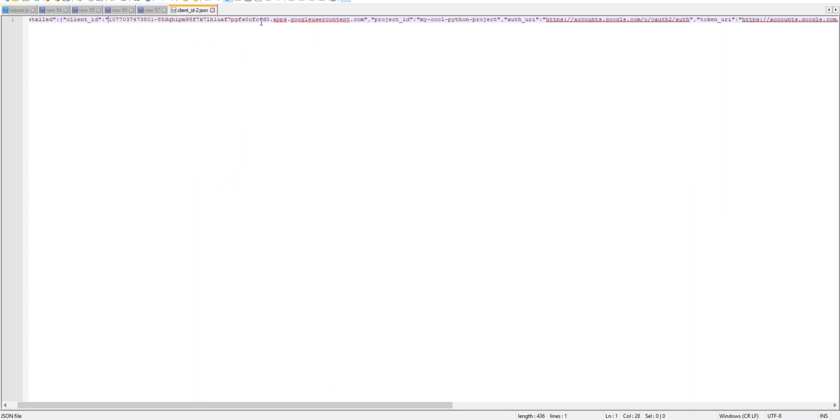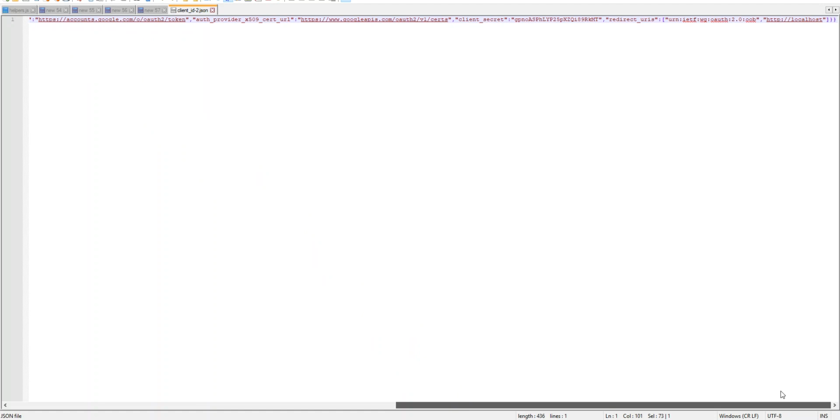And then if you scroll over a bit, we have our client secret. So those are the two pieces needed to add into a lot of the reporting suites, and the Python notebook